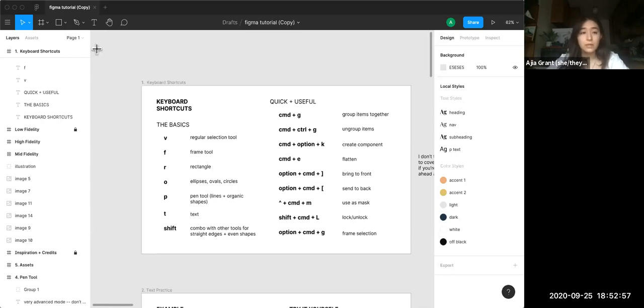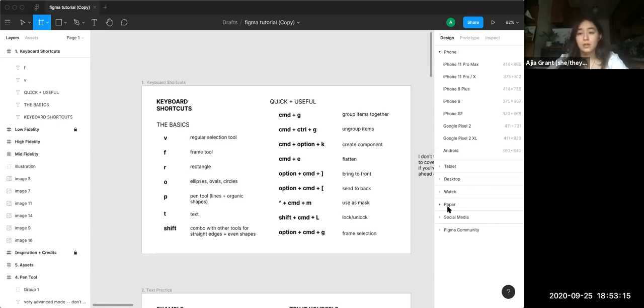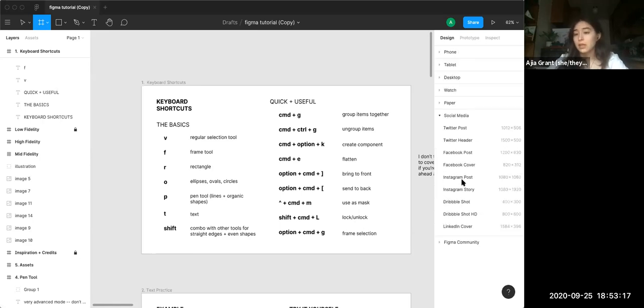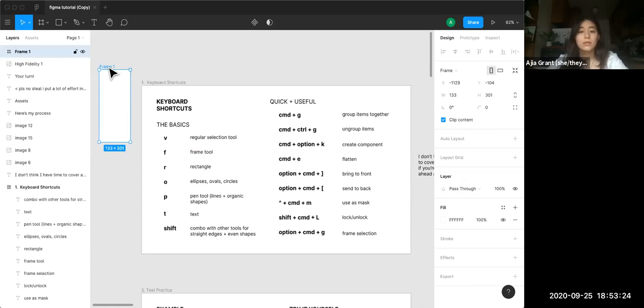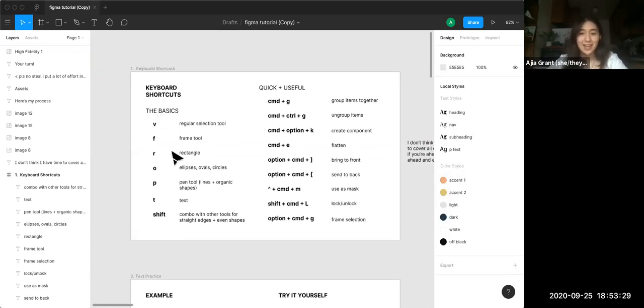So if you hit F, you see on the right-hand side, you have all these different options for types of frames that you can have. So you can have it fit within certain dimensions of computer screens, tablet screens, phone screens, or various paper and then social media types of posts. You can also make it custom and draw it as if you would draw a rectangle or anything else. Speaking of rectangles, that